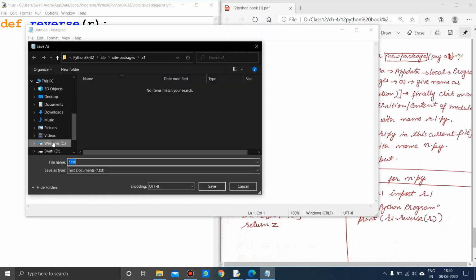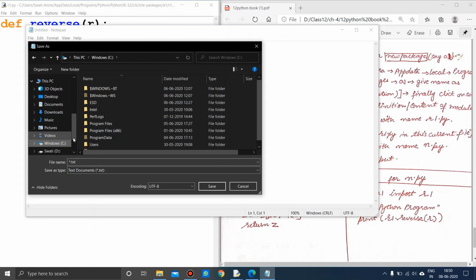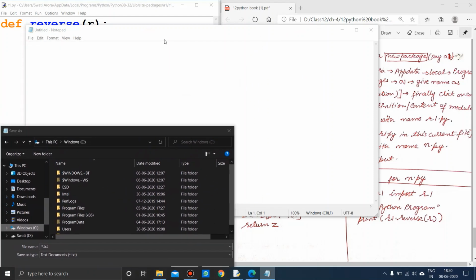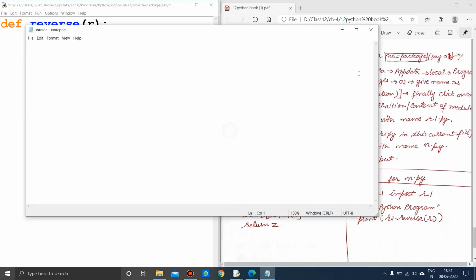Now the same process you need to follow. The path is written here only. I remember it, but for your convenience I was trying to show it. One thing I can do, I can minimize it first.